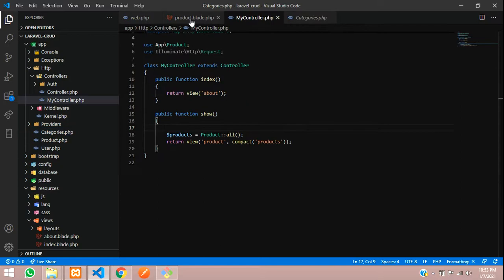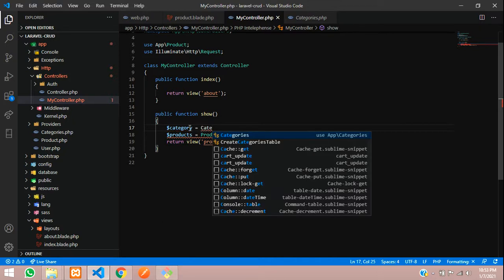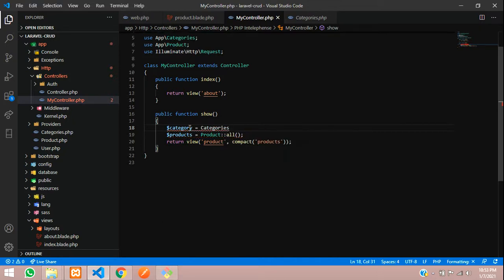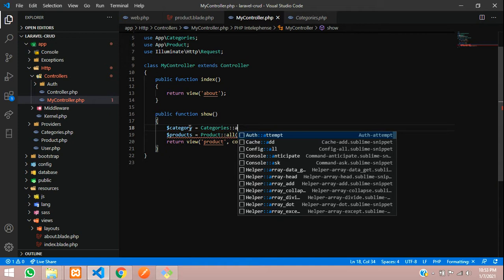Here we will fetch all the categories and first see if we are getting the correct output. We'll name a variable here, category. Category equals, call the model here, categories, double colon all.